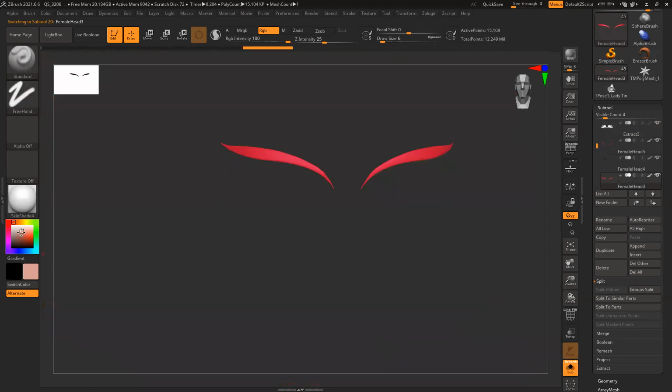Base is slightly dark, so I can pick this color and make it dark. Okay, edges are slightly warm and a little orangish.